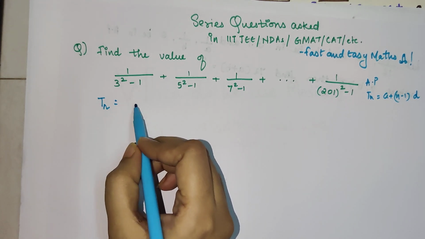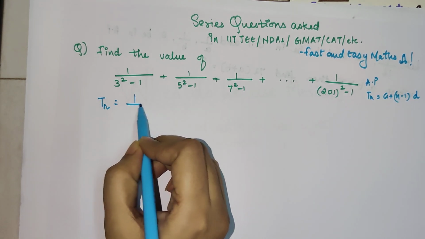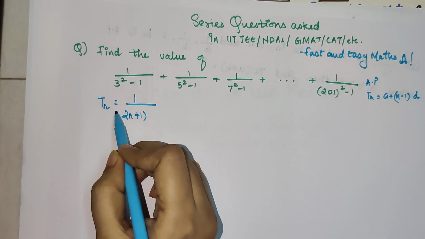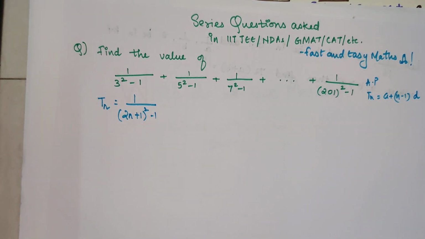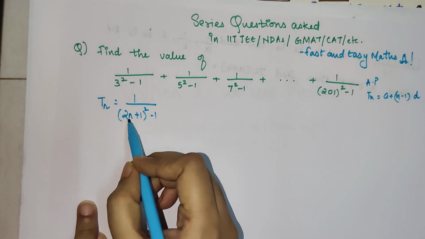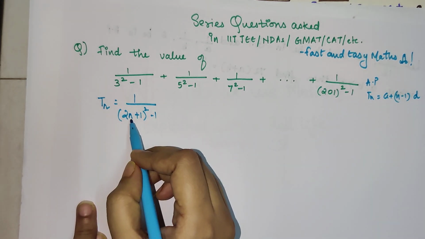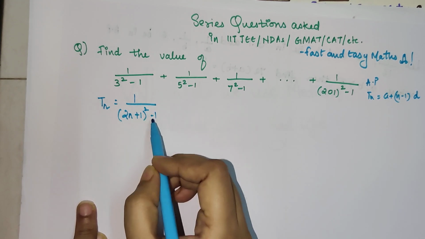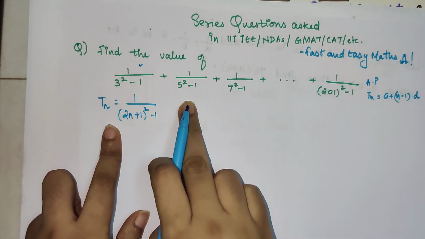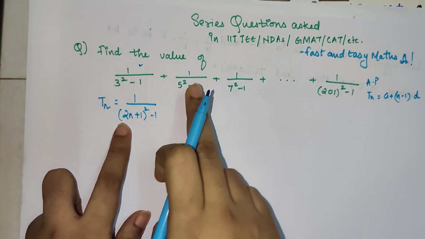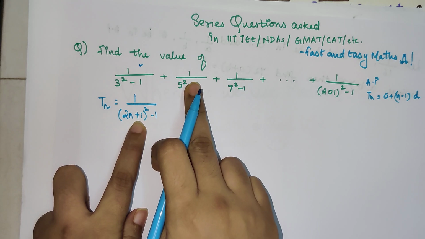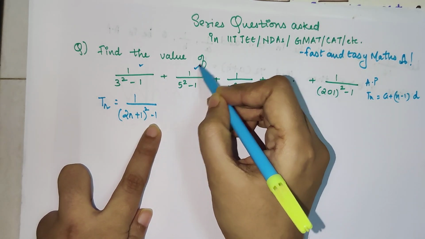So in this case, what we should be doing is, let's see, can I say this will be nothing but 2 into n plus 1 the whole square minus 1? What I mean by this is, for the first term you will put n as 1. When I put n as 1, you get 2 plus 1, which is 3 squared, minus 1. So for the first term, this formula holds. Let's look at the next one. 2 into 2 is 4, 4 plus 1 is 5, 5 squared minus 1, that also holds.